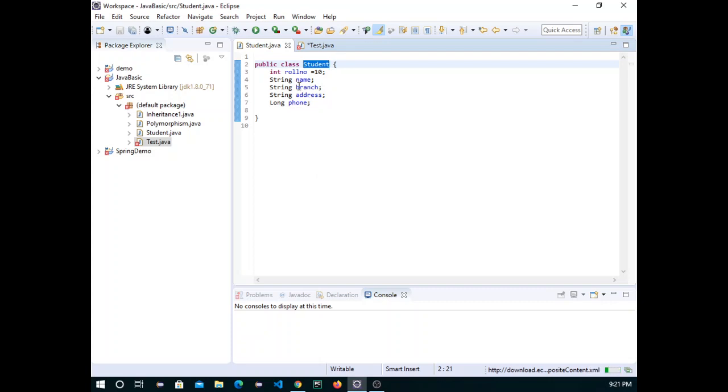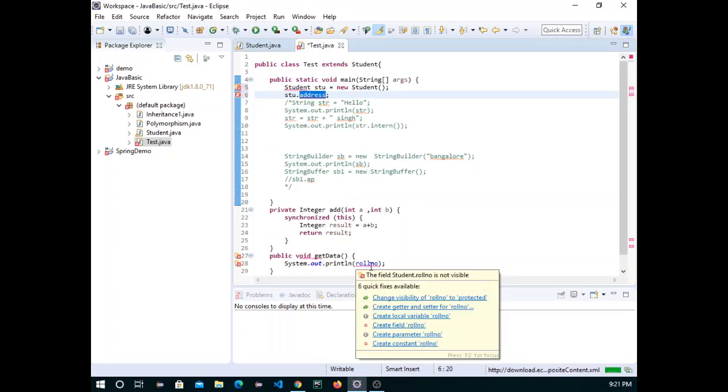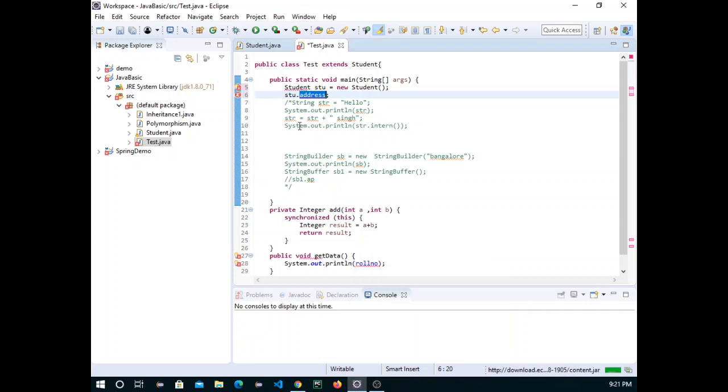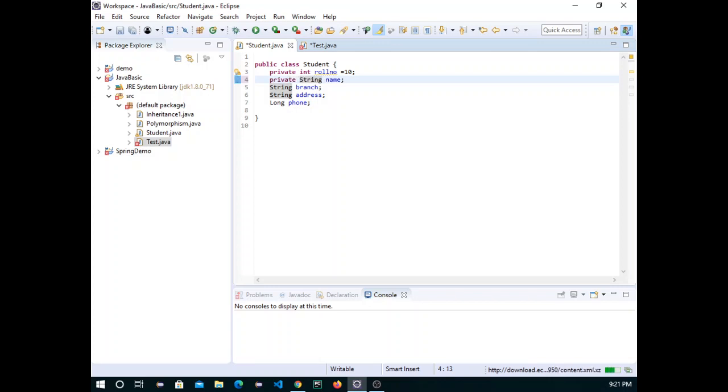Whatever properties we create in a class, we keep all the properties private. So if I change this property to private, now if we look here, this one is throwing an error. The reason is that it says either change roll number to protected. Protected means it can be accessible to the child class. No, we won't allow access even from the child, so that's why we'll keep it private. Not only this, all the properties in any class will be private.